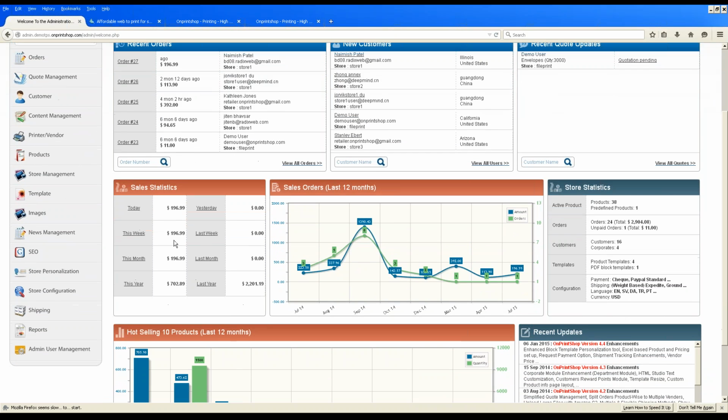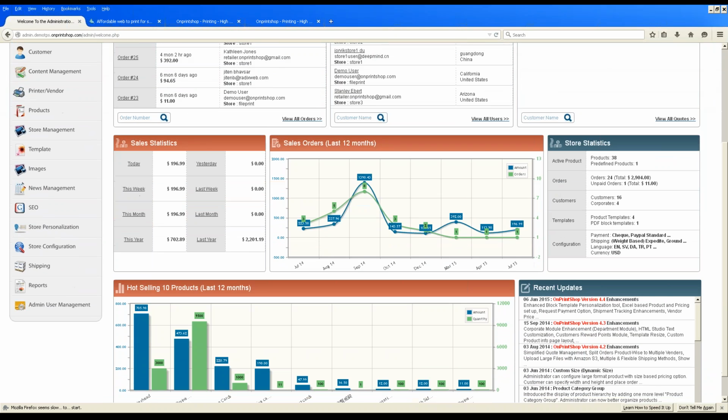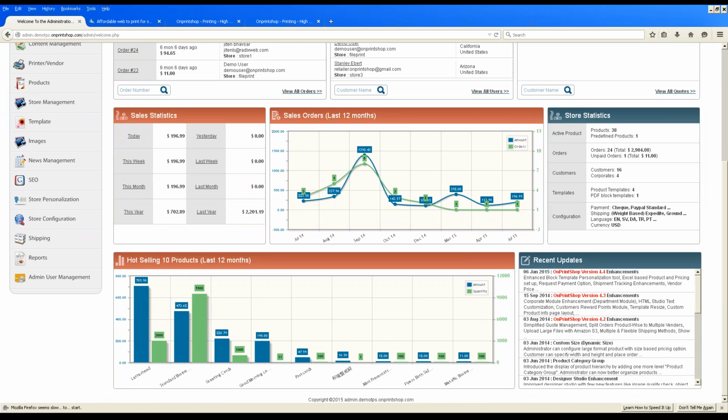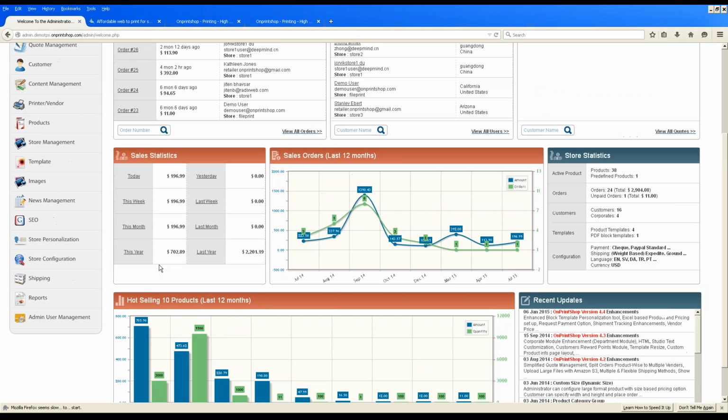These are all sales statistics, which will give you clarity on how the business is moving week by week, month by month. So this is all critical data for making critical decisions. Sales orders, sales statistics, hot selling products. Now